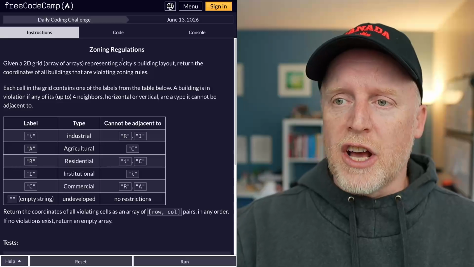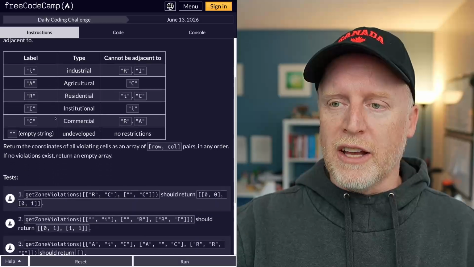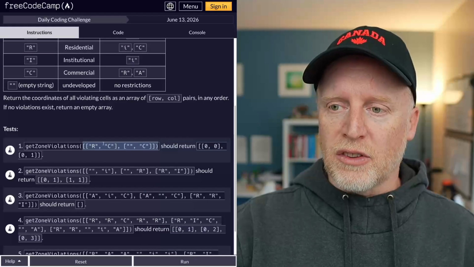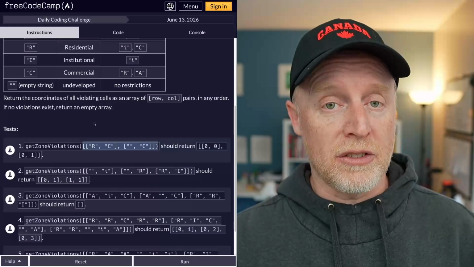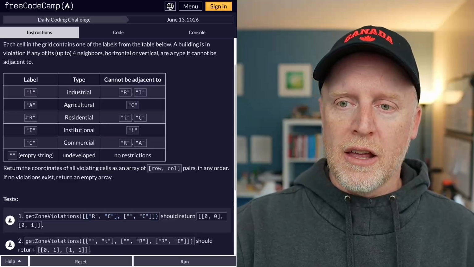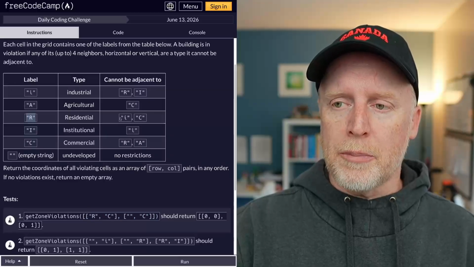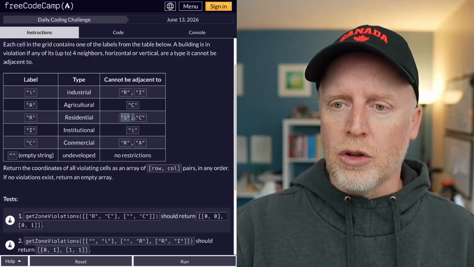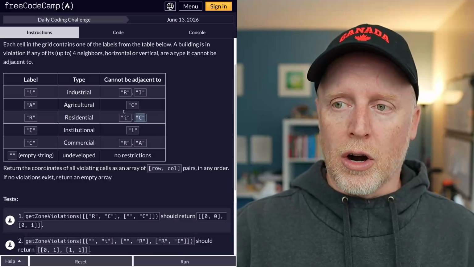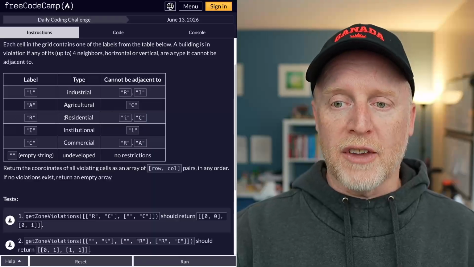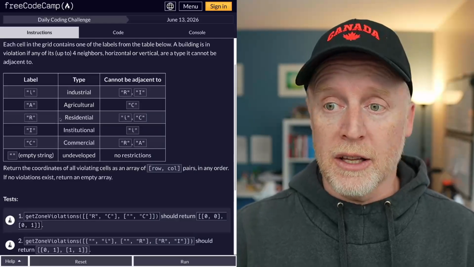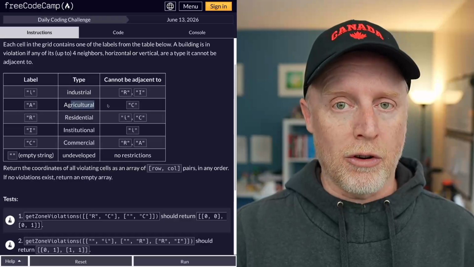Hello team, today's challenge is zoning regulations, where we're given a two-dimensional array that looks like this, and we need to figure out if these letters are allowed to be next to each other according to this table. So in the case of, say, residential, it cannot be next to industrial or commercial buildings, right? There are some rules where certain buildings can't be next to other types of buildings or other types of property, in the case of, say, agricultural,